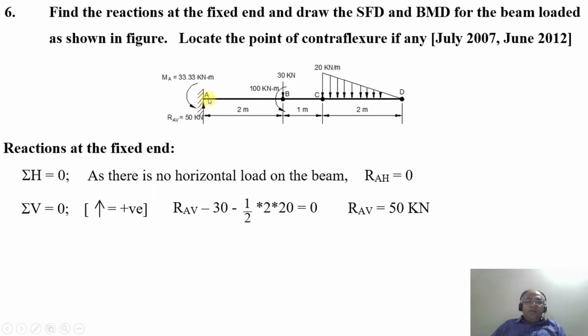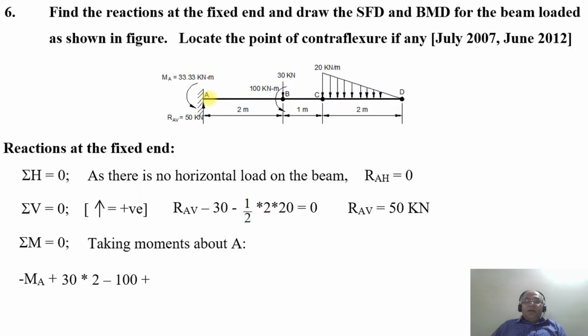Now we consider the moments, sum of the moments will be equal to 0. The clockwise moment is considered positive and the counterclockwise is considered negative by sign convention. So taking the moments about the point A, we get minus MA plus 30 into 2, because it is the clockwise couple, minus 100, because it is the counterclockwise couple,